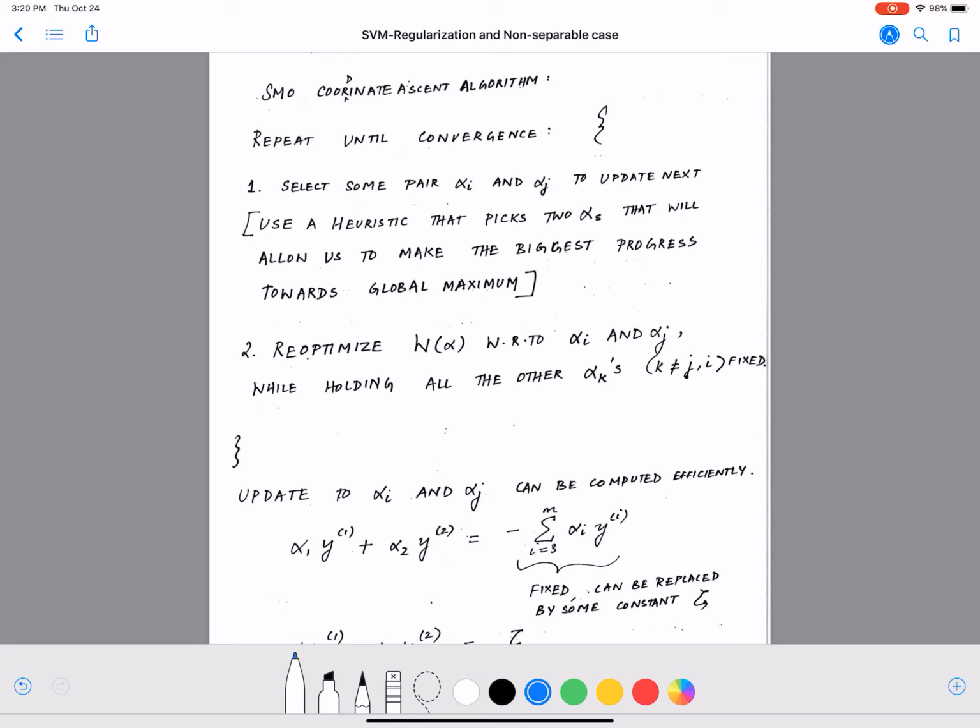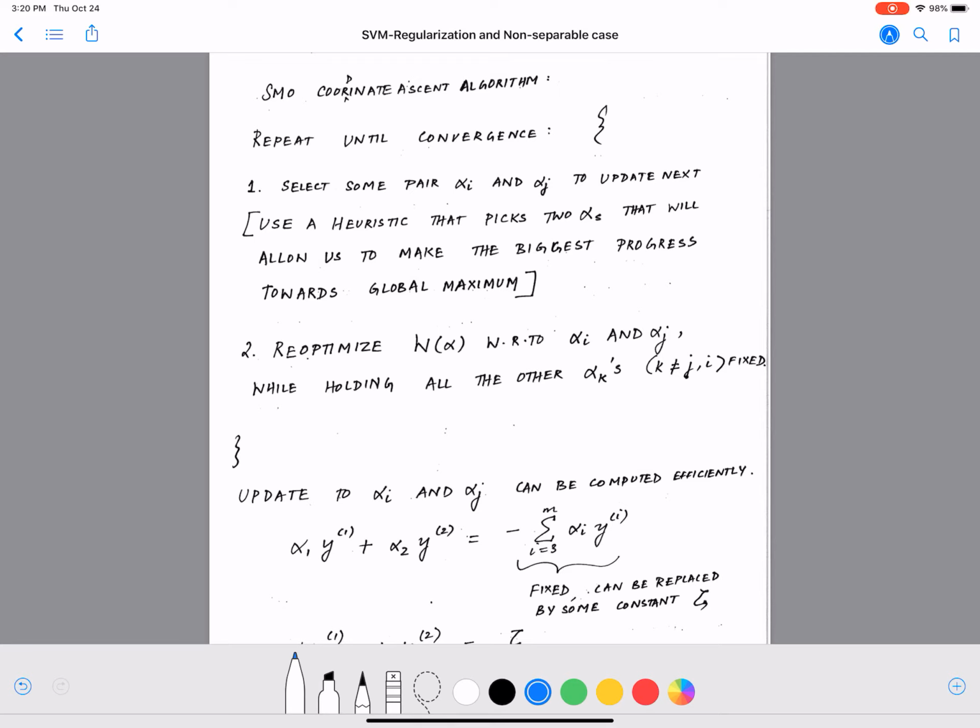We solved the primal for W, B and Xi, and then we reached a dual form, and now we want to solve the dual form for alpha so that our entire SVM optimization problem is solved. For that, we use a specific variation of coordinate ascent, updating two alphas at one time,